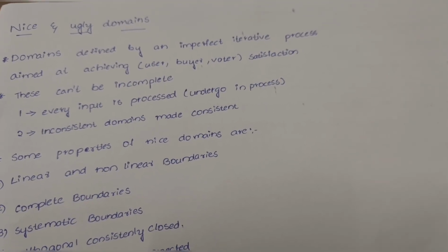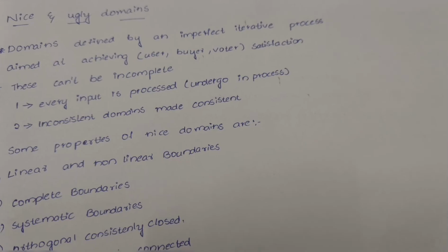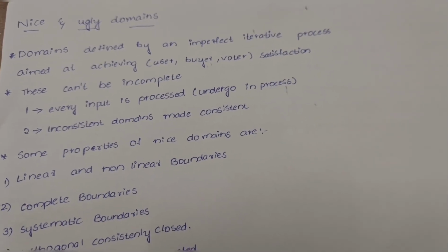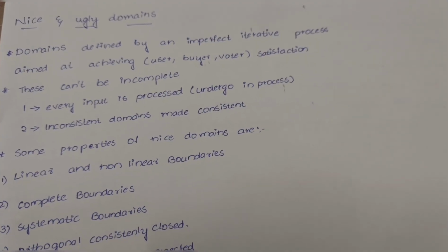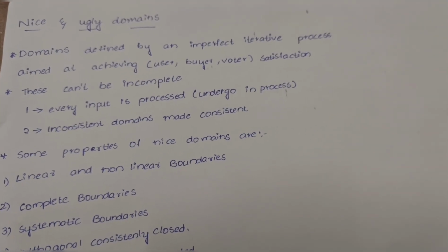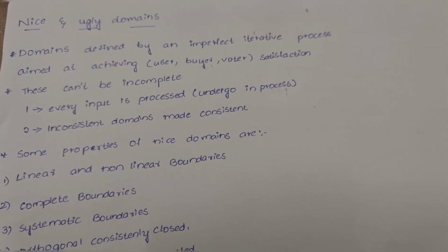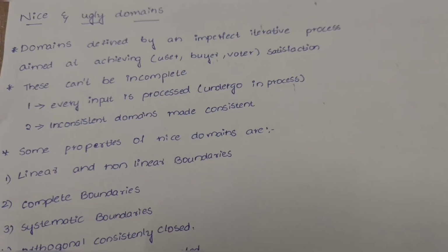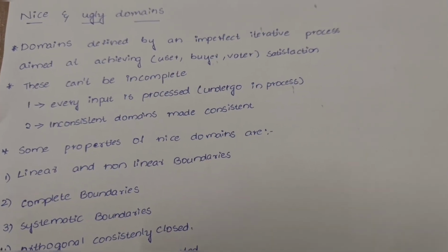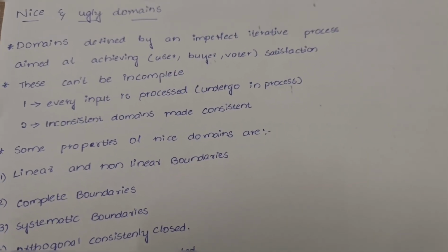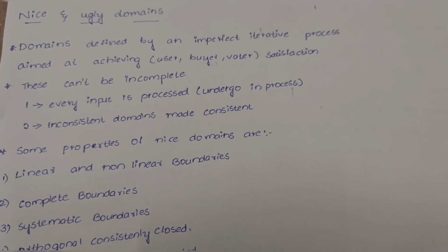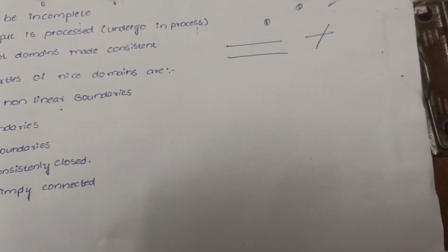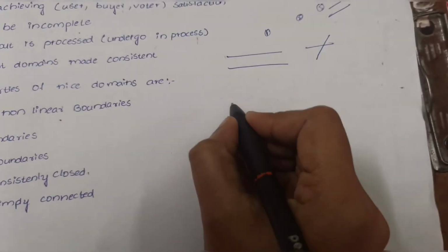processing the data and refining, and there can be many stages like product testing, and this is the process of iterative process. Iterative process is nothing but these can be built in stages. Imperfect iterative process means this is not a perfect iterative process, and these can be aimed at achieving user, buyer and voter satisfaction, which means in these nice and ugly domains, here is a plane we can define like